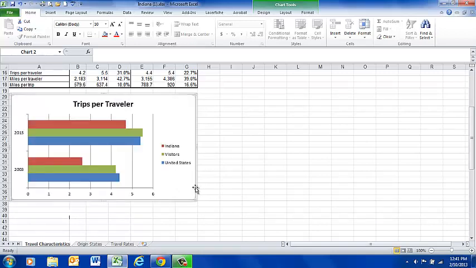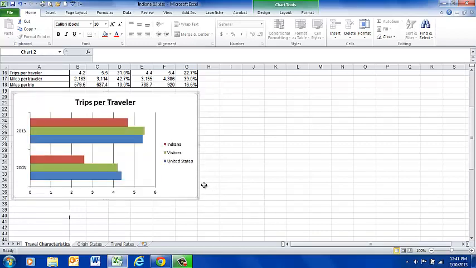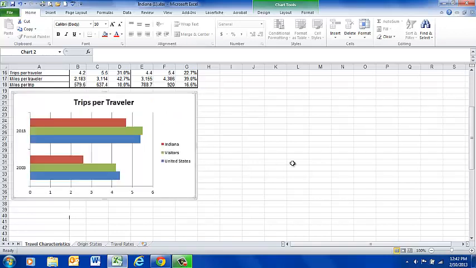Okay, a double arrow like this means you can move it. I'm going to move that back, and I'm going to make this just a little bit smaller. Alright, so now we're going to make a chart just like we did, and we're going to do miles per